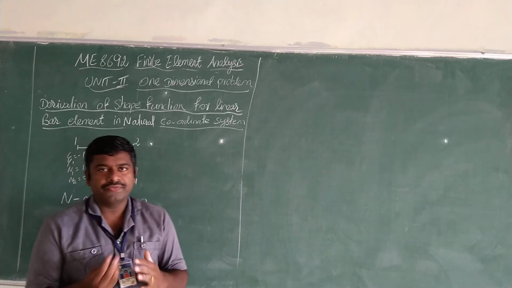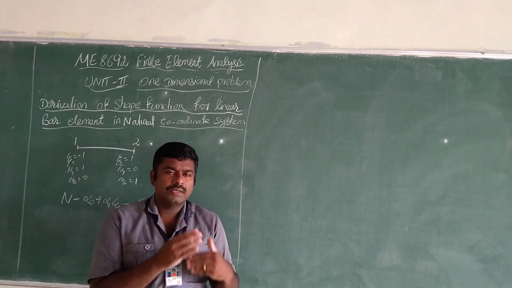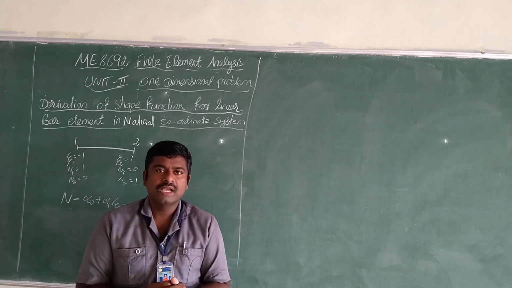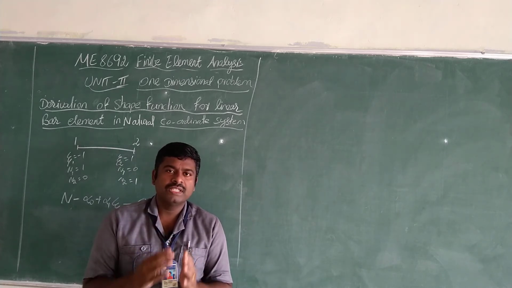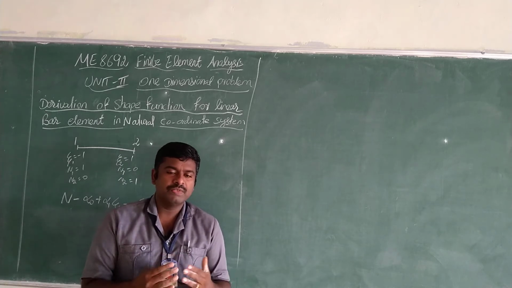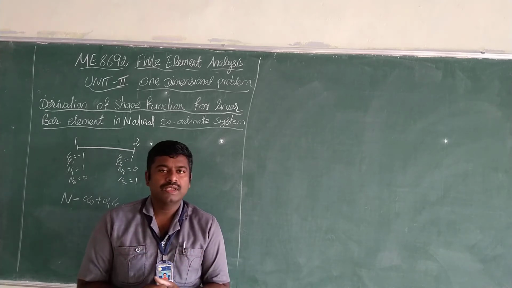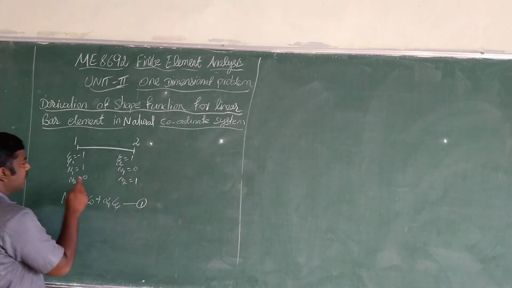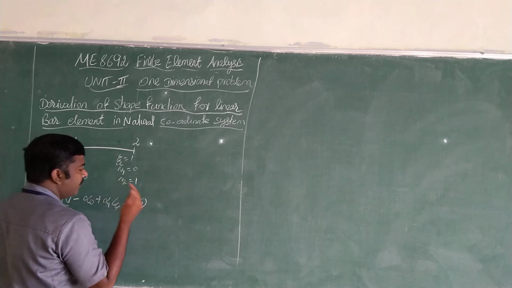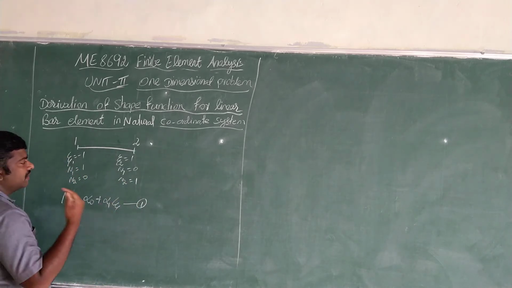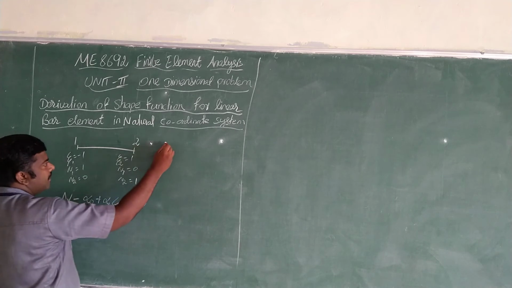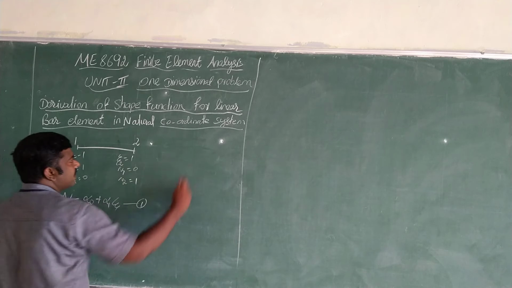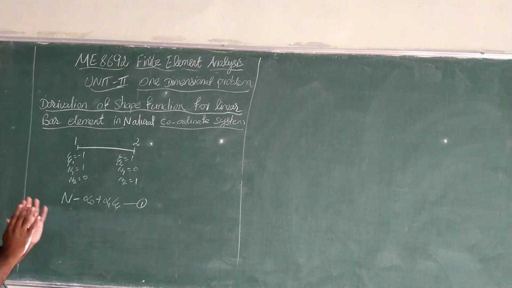Natural coordinate system is defined by points inside the element using a set of dimensionless numbers, that is psi, and the magnitude never exceeds unity. This system is mainly used for assembling the stiffness matrix. Normally the range of this dimensionless number is psi equal to -1 to 1, and the value never exceeds unity.